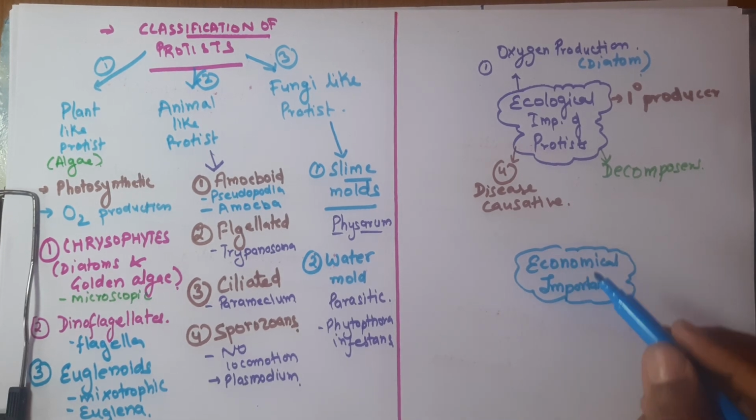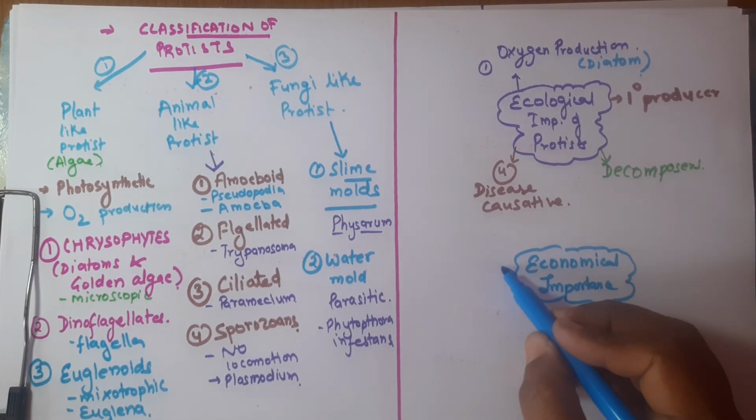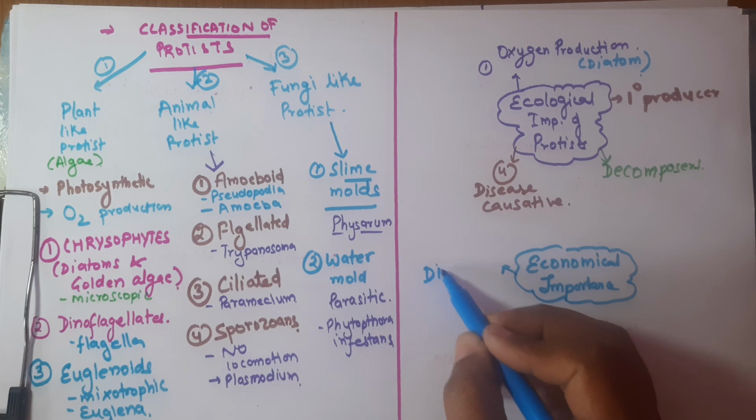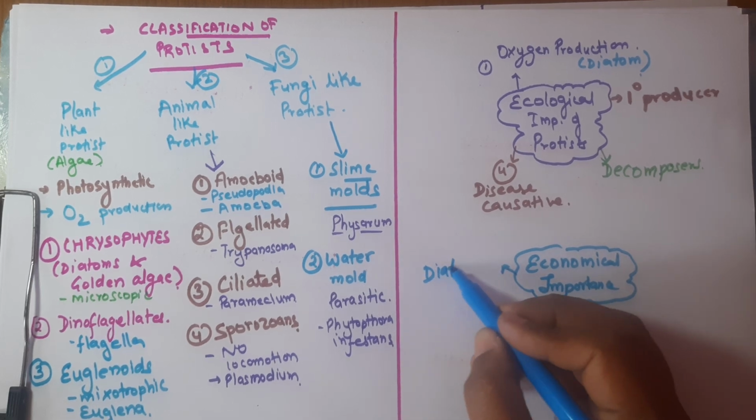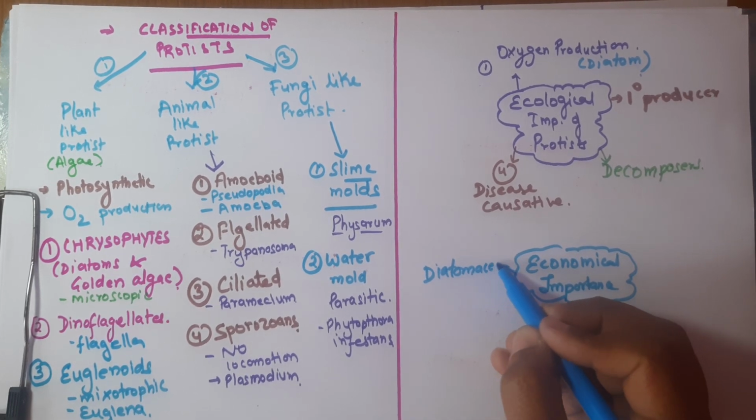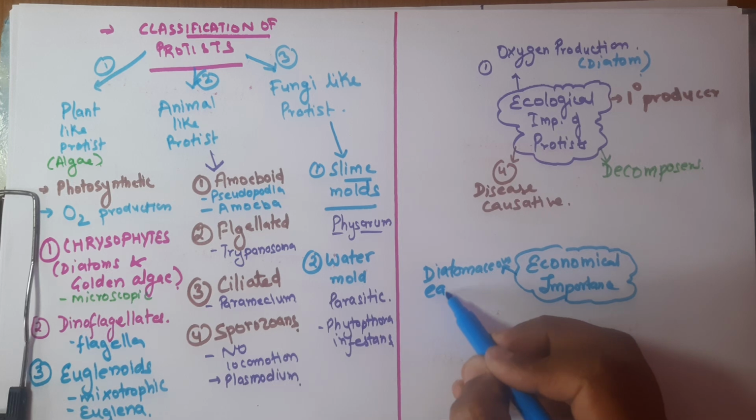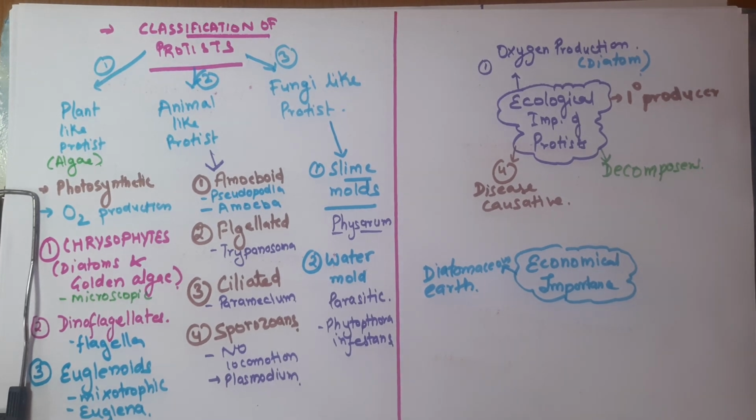then first we will talk about diatomaceous earth. Even protists have immense practical application. Diatomaceous earth is used in filtration, toothpaste and abrasives, and it is derived from fossilized diatom shells. So this is used for industrial applications. Second,